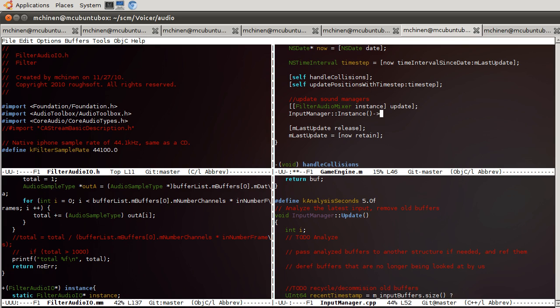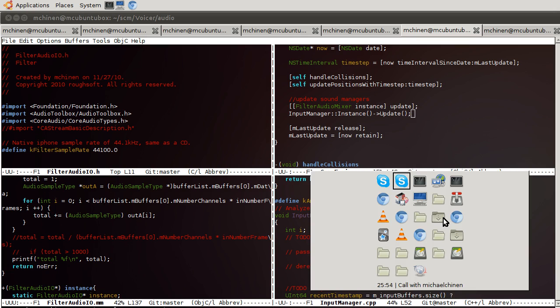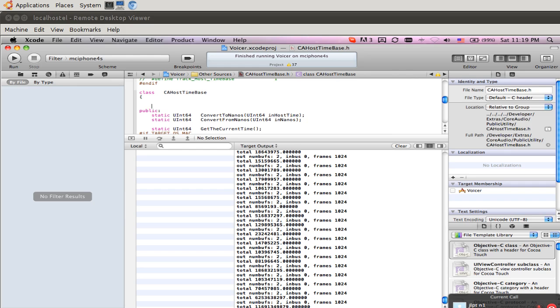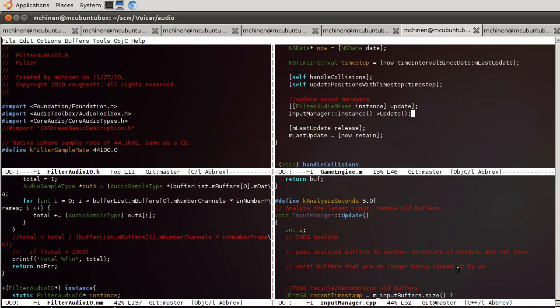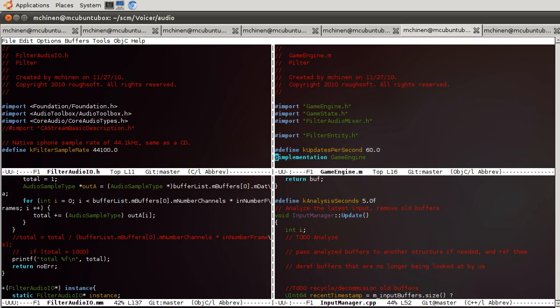So even though I'm using an instance, a singleton structure, this ends up being a lot faster. Something like this. Yeah. So we got that saved. Let's go back and try rerunning that and see if we get. Okay. Parse issue. I only touched this one. Okay. Well, I obviously need to include